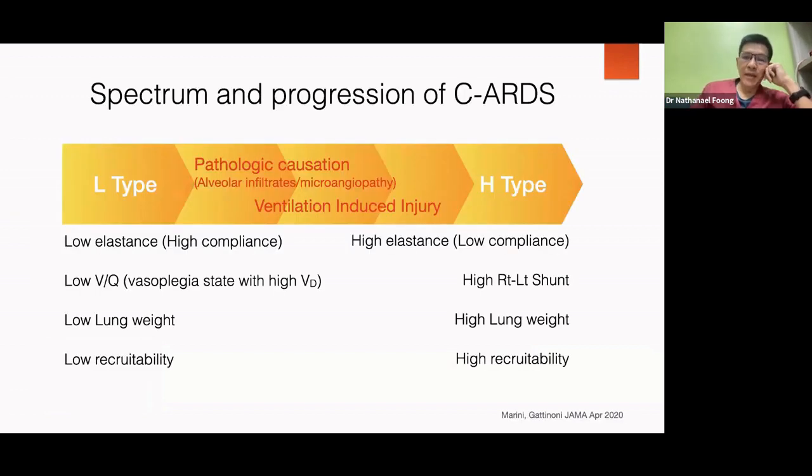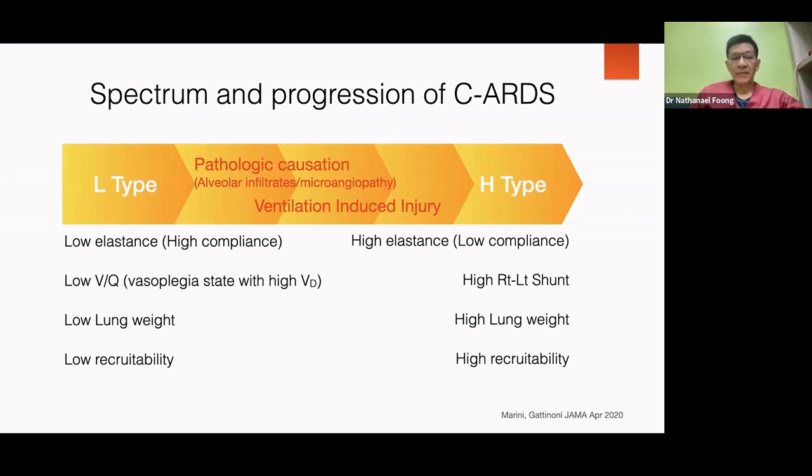Now, right from the beginning of the pandemic, Gattinoni has described basically two main phenotypes of COVID-related ARDS. That's the L type and the H type, where L type stands for a patient with a low elastance lung, that means high compliance, low VQ, which means more dead space ventilation, low lung weight. They're not really wet, and because they're not really wet, they're less recruitable as compared to the typical ARDS that we see in our previous management of ARDS patients, which is H type with high elastance, high shunt, lung weight,